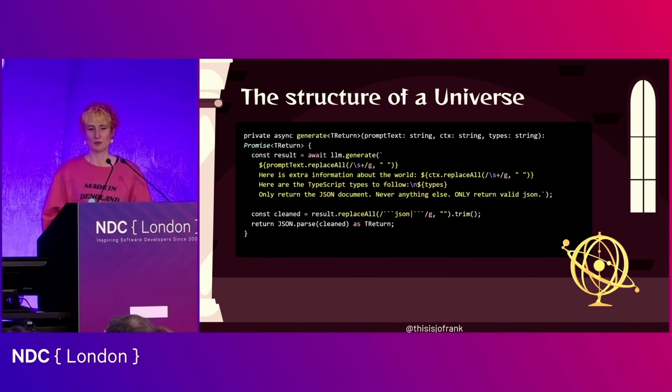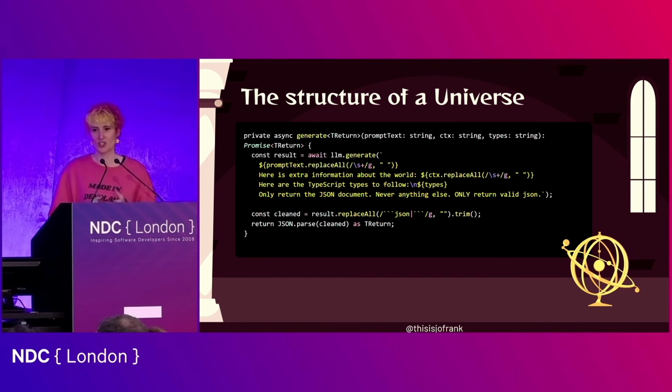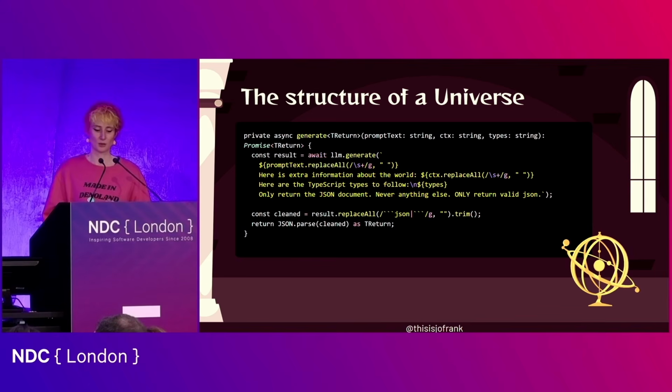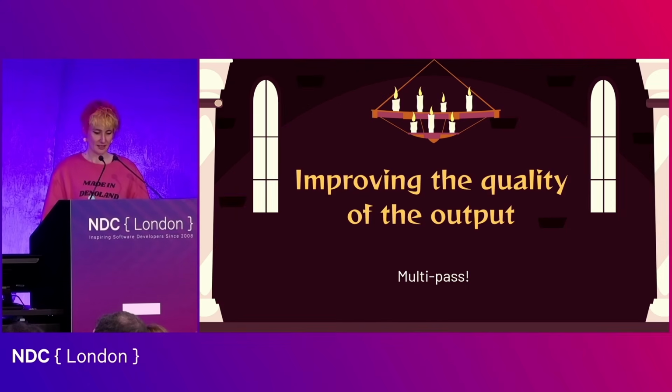And then what we do is we instruct the model to follow these types and return JSON only. Small guardrails like stripping code fences and asking for strict JSON parsing can catch a whole load of bad outputs from our AI. But even with a defined shape, we might struggle with quality for our generated data.